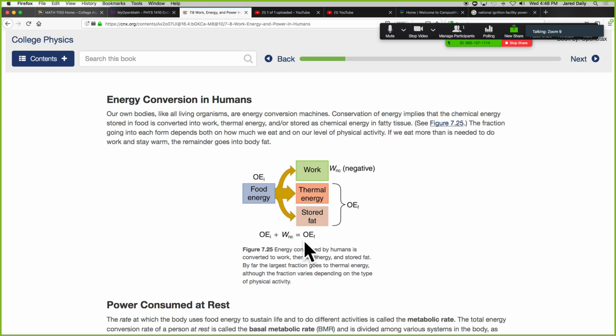Fat is also used to store liquid in our body. When you break up fat, you actually create water, and our body always needs stored liquids in case we get dehydrated. People who have a lot of fat on their body get dehydrated less often than people who don't, because it's a way of storing water. So anyway,